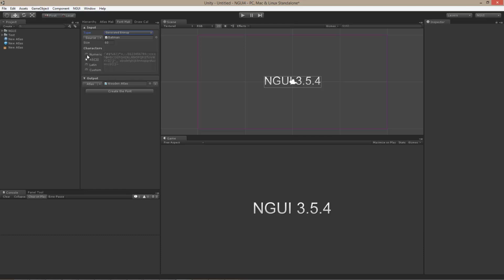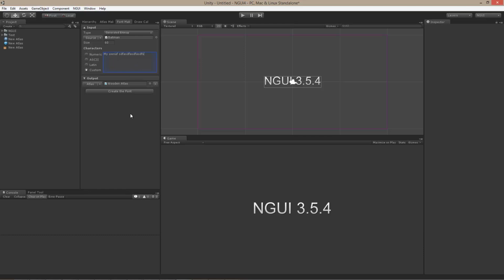So for example, if I wanted to include only numeric characters, I would choose numeric. That's the ASCII, entire Latin collection, and of course I can type in my own. So if I, for example, had a localization file as text, I can just paste it right here,